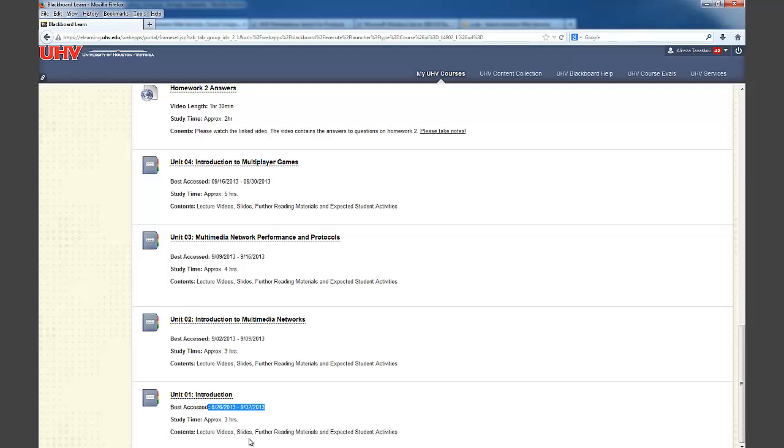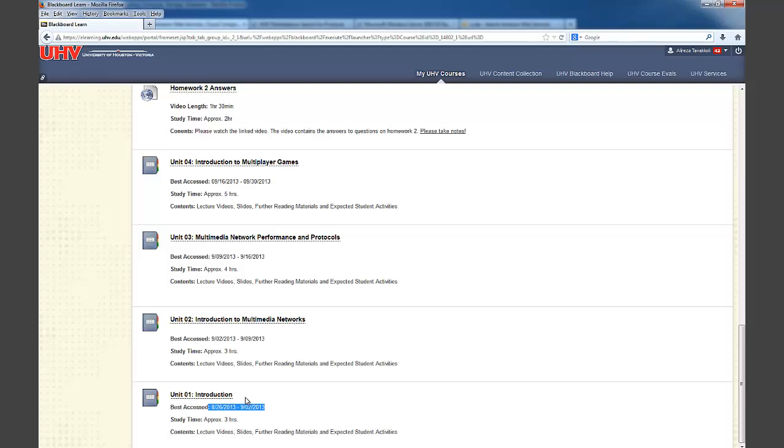And so you can access it. But it would be best, before you go to Unit 2, to actually finish up Unit 1 and then move on to Unit 2. So you can pack several units into the same time period, or you can expand your pace. However, one thing that you need to really be mindful about is, every single week,